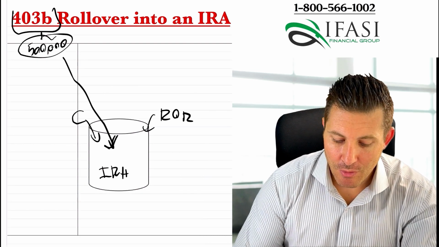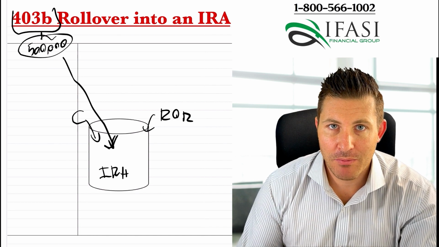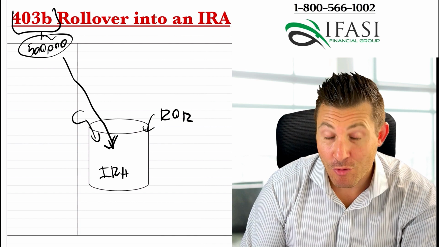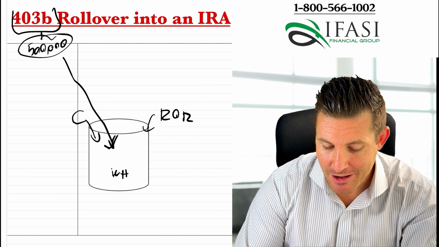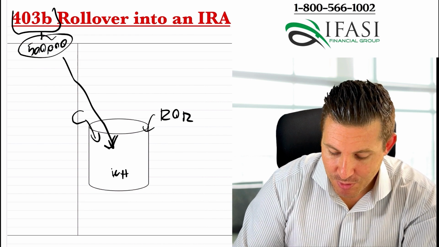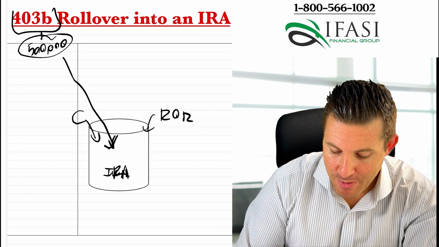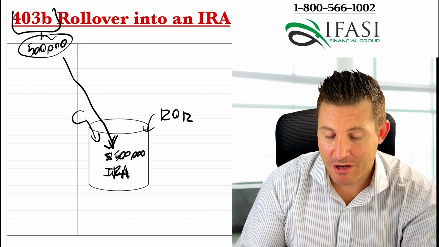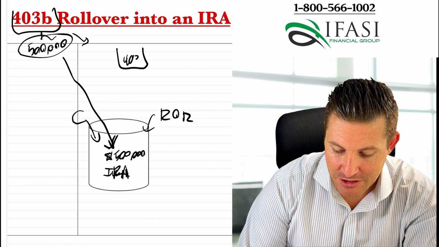So in that example, that individual, let's say they were eligible for an in-service 403b rollover and they had $500,000 in their 403b account, they rolled that entire thing over into an IRA, they can now customize this IRA as per what their specific goals are. Their new balance on their IRA would be $500,000 if, let's say, they just created an IRA. Their new balance on their 403b account would be $0,